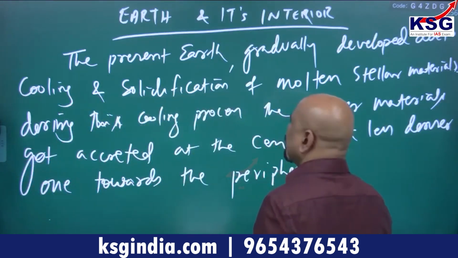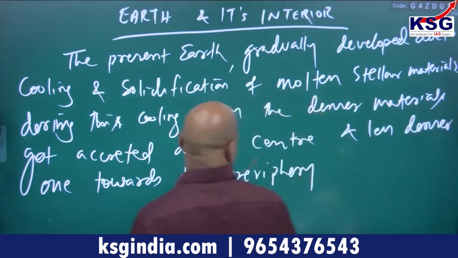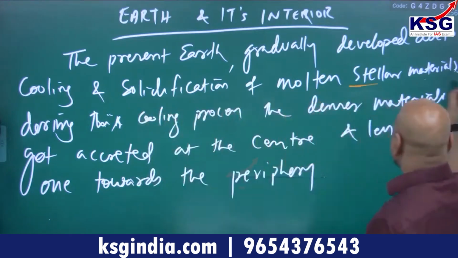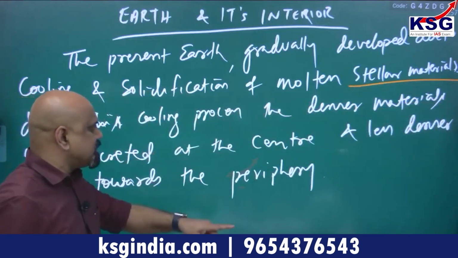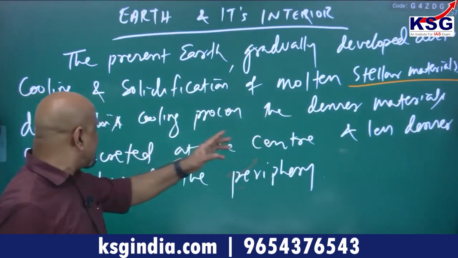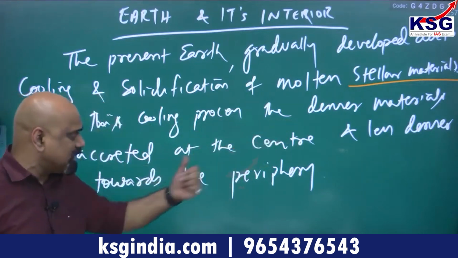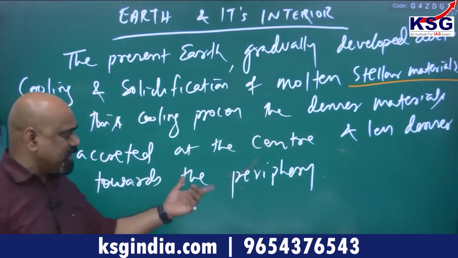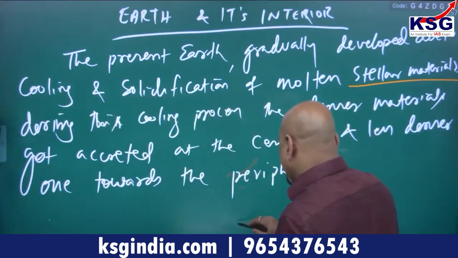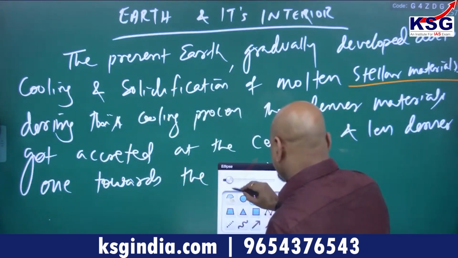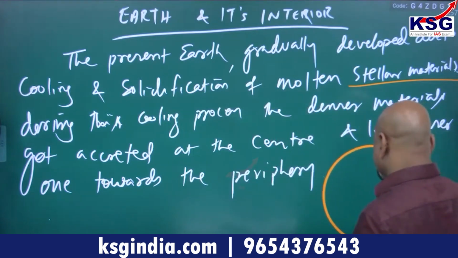Again, I am saying the present earth gradually developed due to the cooling and solidification of molten stellar material. Stellar material means star-like material. During this cooling process, the denser materials got accreted at the center and the less denser one towards the periphery. So, the densest material got accreted at the center and the less denser one towards the periphery. So, my friends, during this process of cooling,